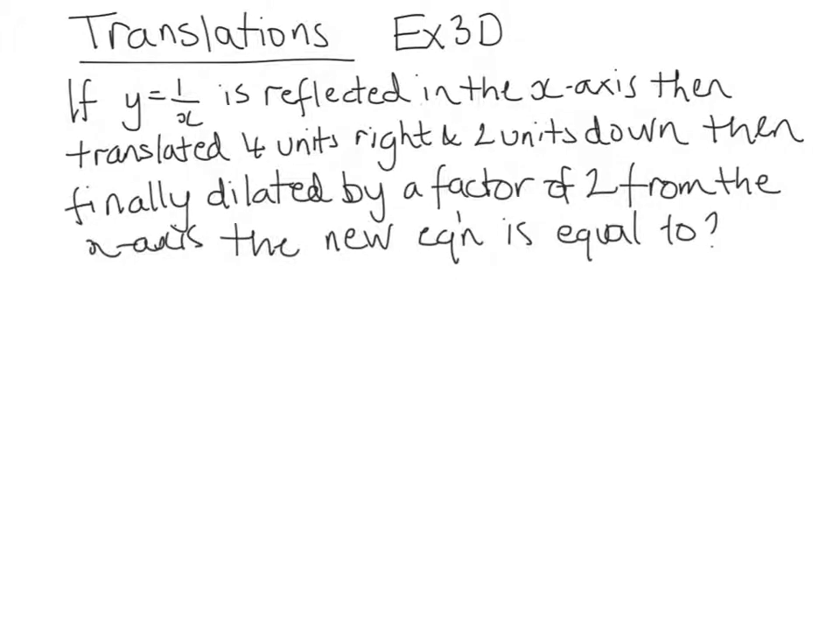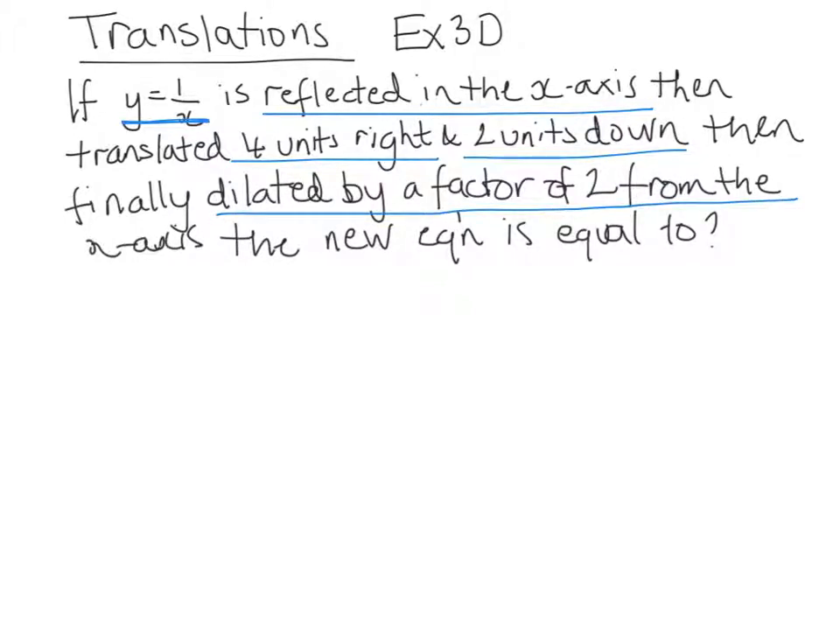What we're doing this time is we're translating this hyperbola, y equals 1 over x. The first thing that happens is it's reflected in the x-axis. Then it's translated 4 units right and 2 units down, and then finally dilated by a factor of 2 from the x-axis. So if here's the old graph, y equals 1 over x, it's being translated after we do each of these